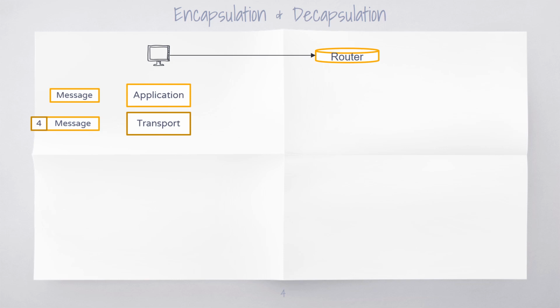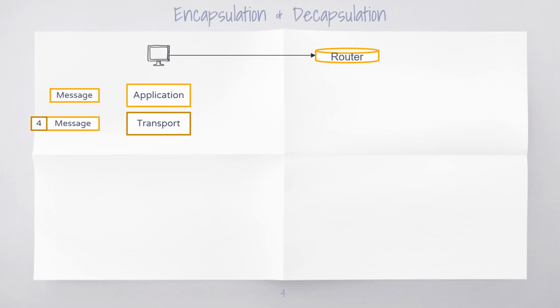So the resulting data unit from the transport layer is called a segment when the implemented protocol is TCP, that is Transmission Control Protocol, and this data unit is referred to as a datagram when UDP, that is User Datagram Protocol, is implemented. Clear? So depending on which protocol is selected at the transport layer, the output of the transport layer will be either a segment or a datagram.